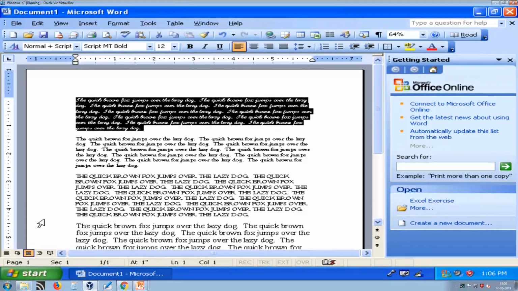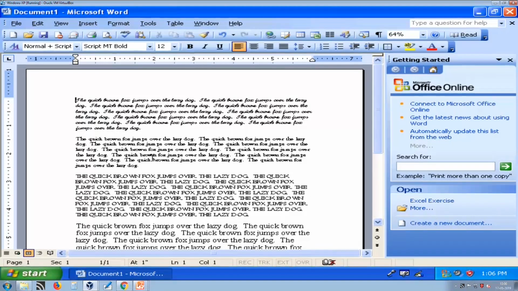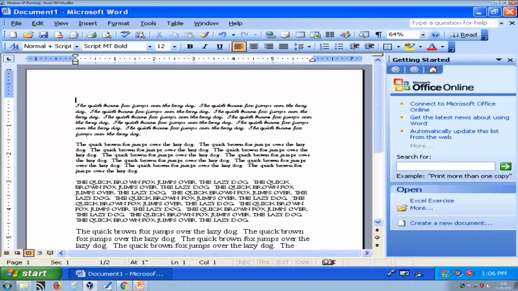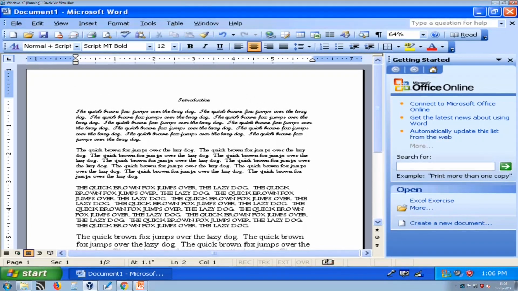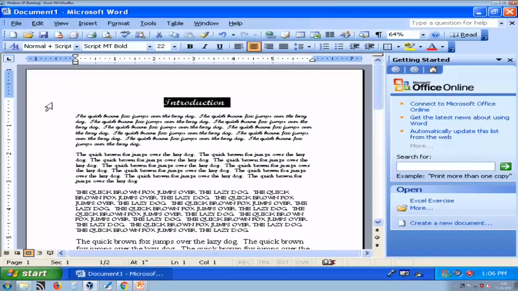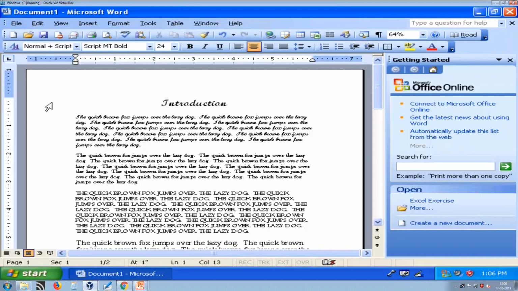For left align, the shortcut key is Control L. Generally we provide the title in center. So here is how center alignment will look. This is how we can apply center alignment. It is generally applied to a title.